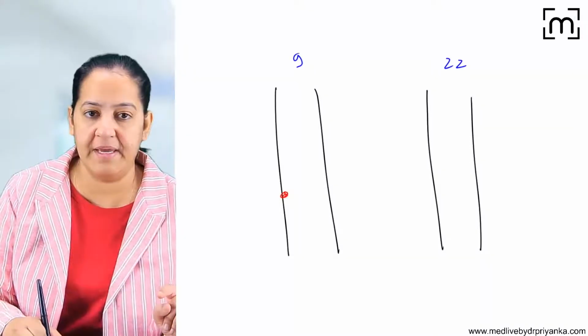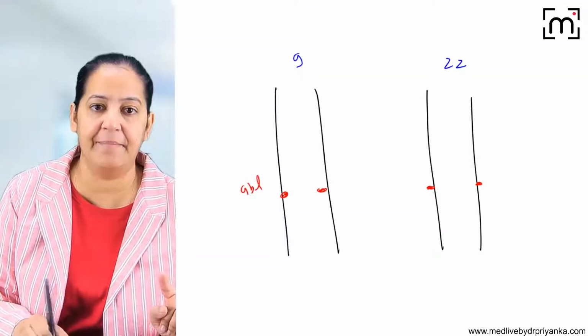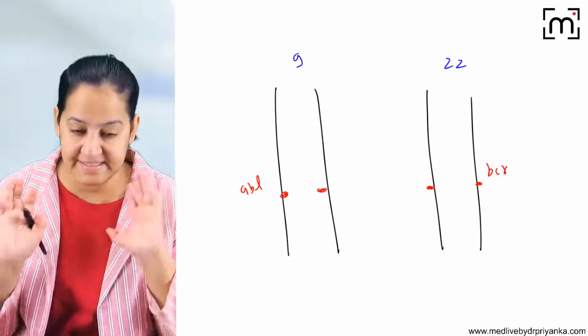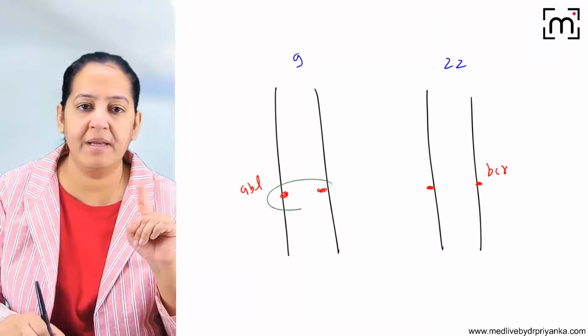On 9, show ABL. On 22, show BCR, normally like this. This is ABL, label it. This is BCR, label it. And this is normal. Now draw another diagram, or in this diagram only, you have to show the ABL is